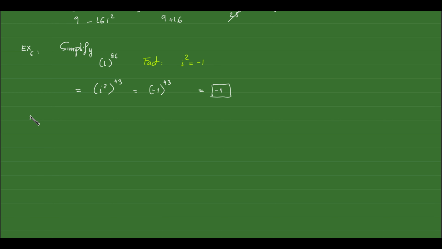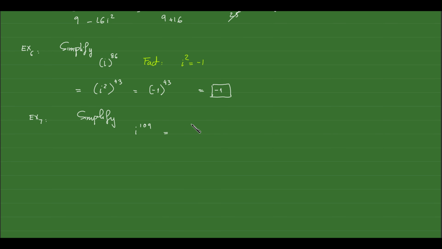How about this one right here? Let me give you something more interesting. What do I want to simplify? Simplify i^109. Oh, how will this work? We know that